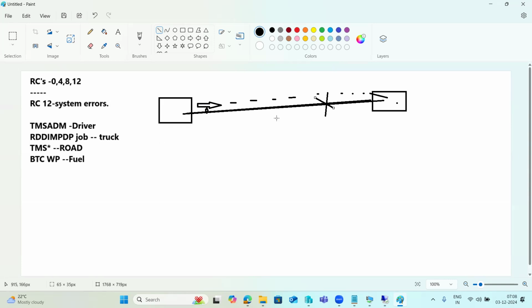So in case the RFC destinations are okay and the truck is okay, but there is no road, then TMS ADM. Then if all three are okay but the driver is not good, the driver is locked, then how can anyone drive it, right? So out of the four,